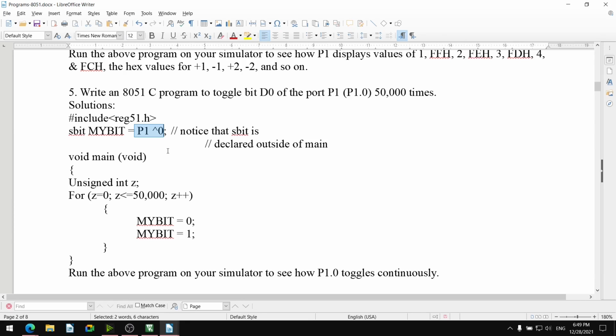That hat 0 indicates the zeroth bit. You can change to 1 bit, 2 bit, second bit, third bit, 3, 4, fourth bit. Okay, any bit we can assign.